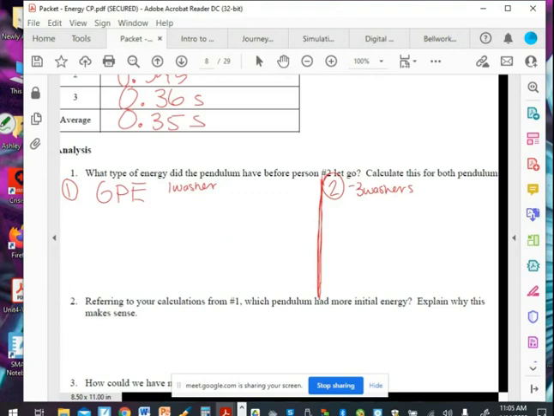So if I want to calculate GPE, I have 4 variables that are involved in that. So just like we've been practicing and doing, we're going to write all of those out. So my equation is GPE equals HAM, right? So HAM,